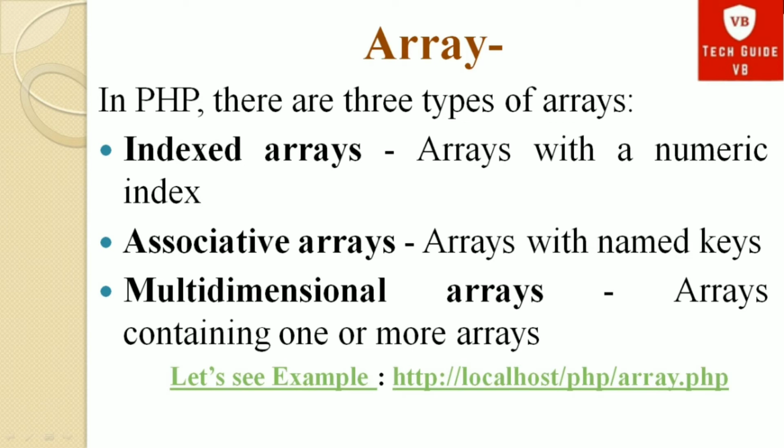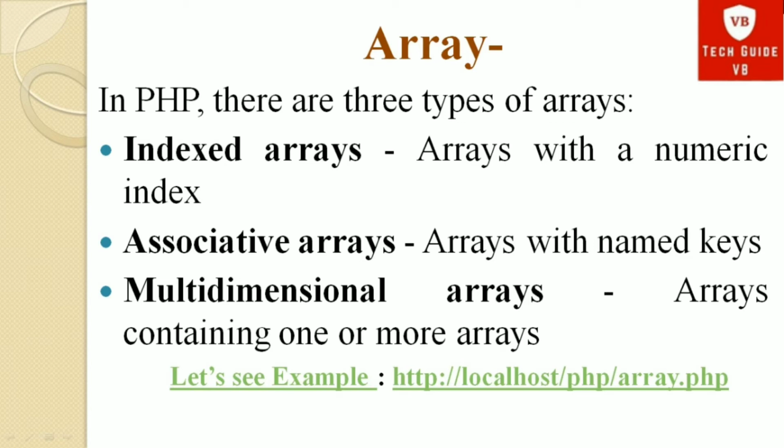The very popular example for an associative array is the phone numbers dictionary, where there is a name of each customer and a mobile number is associated with that name. Here name is the key and mobile number is the value. So this is a very beautiful example of associative arrays.